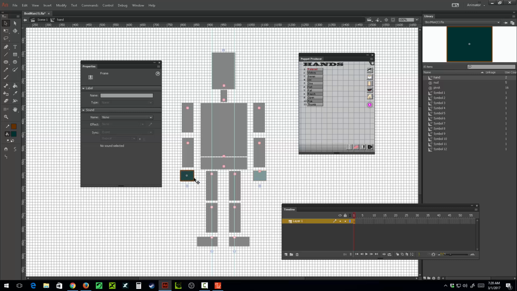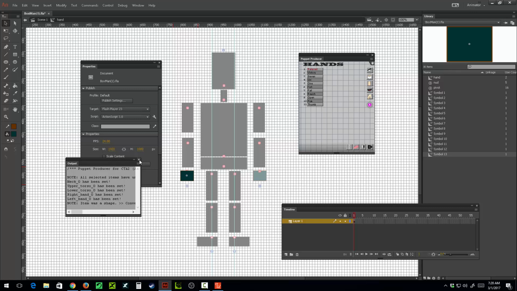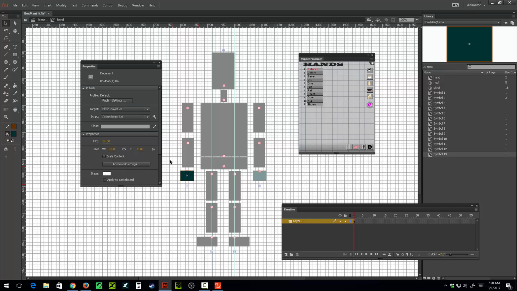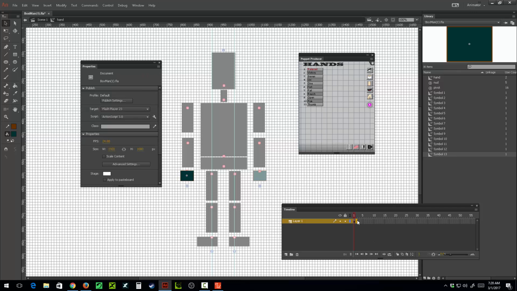We select it and we click on the relaxed hand. So now inside of this overall symbol, I have one symbol called relaxed, basically. The instance name is called relaxed. So I can go in here and add another frame,